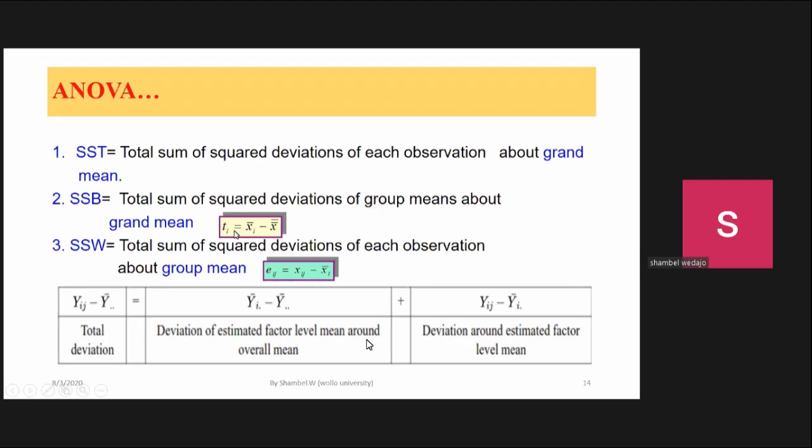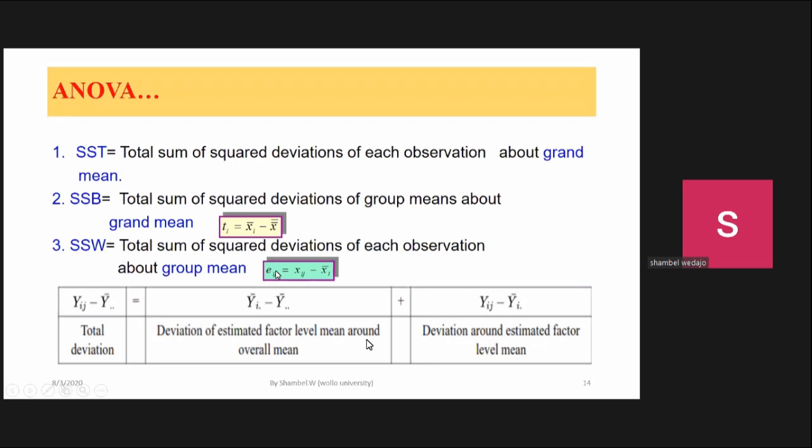Sum square total is equal to the sum of squared deviations of each observation about the grand mean. Sum square between is the sum of squared deviations of the group means about the grand mean. So it is equal to how each group mean differs from the total grand mean. Sum square within is about how each individual subject